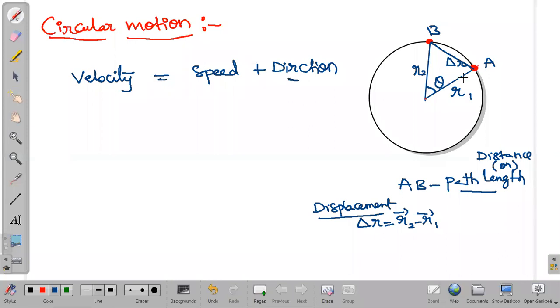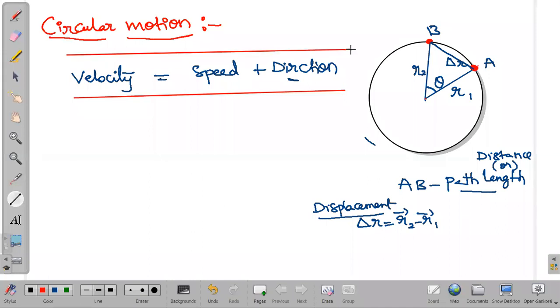Now, even though the object is moving with uniform speed in this circular path, if it changes its direction continuously, then automatically our velocity also changes. So this point should be noted carefully till completion of our circular motion topic. Okay, so velocity not only depends on the magnitude of speed, it also depends on in which direction it is going. Suppose if I want to know the direction of velocity at this particular point, so what we do, we will be drawing one tangent over here. Okay, so this is the velocity direction at this particular point.